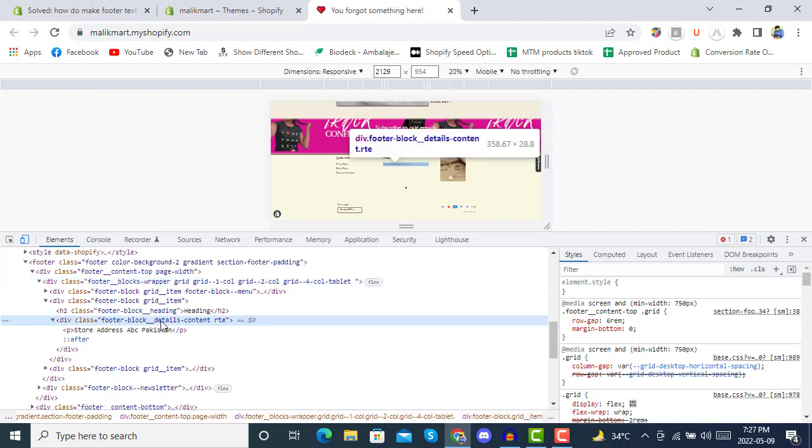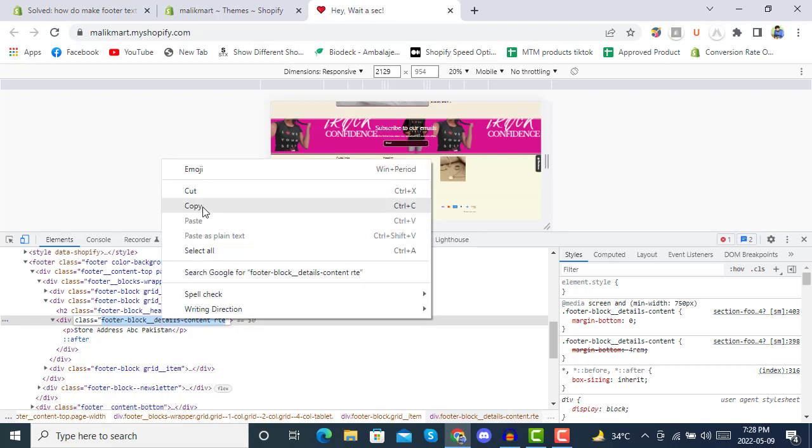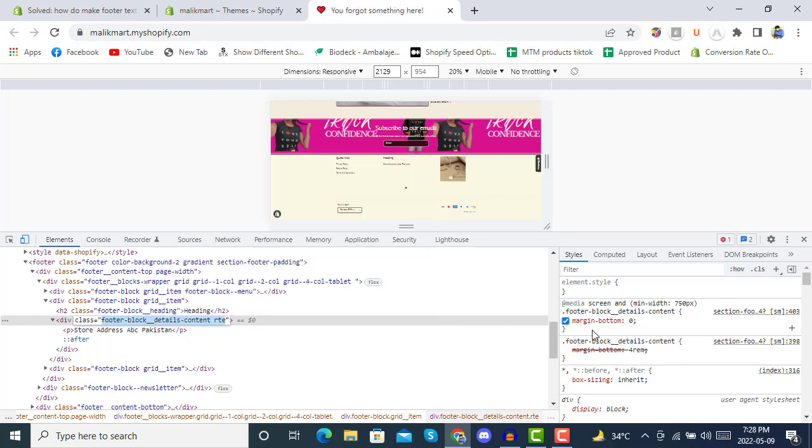Just like this, you see there is this class showing here. Then you have to copy the class like this, as we have just copied, and then you have to paste this class inside your